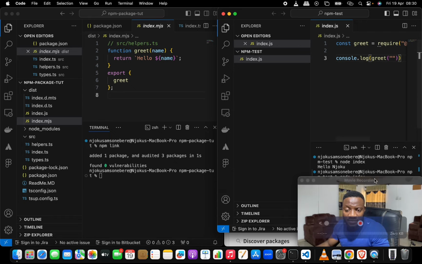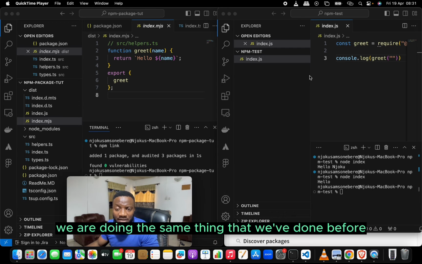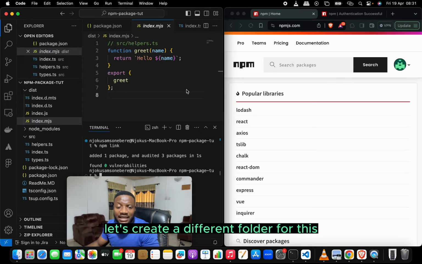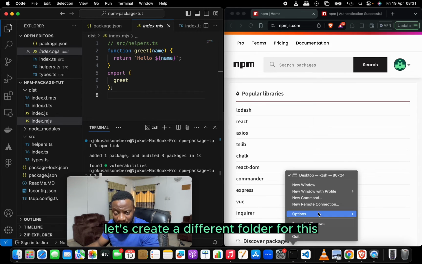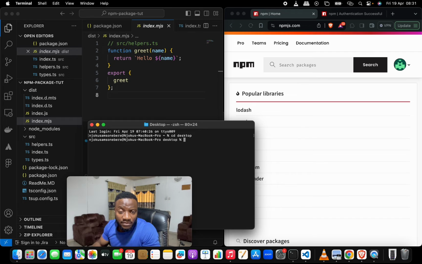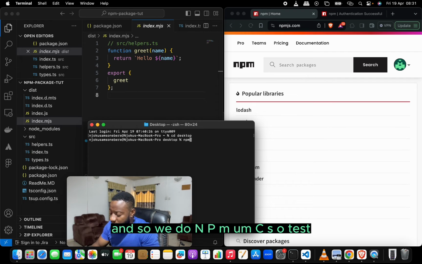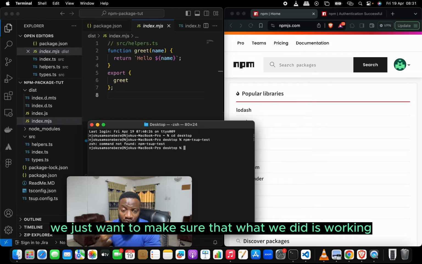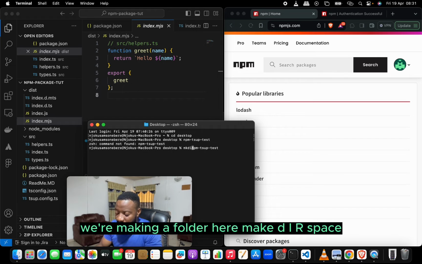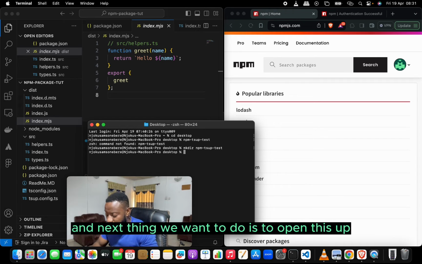Basically, we are doing the same thing that we've done before. But you know what? So that there's no confusion, let's create a different folder for this test that we want to do now. So let's do a cd into desktop, and so we do npm ts up tests. We just want to make sure that what we did is working correctly. So this should be mkdir. We're making a folder here, mkdir space,